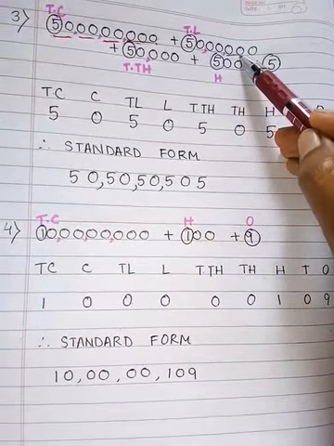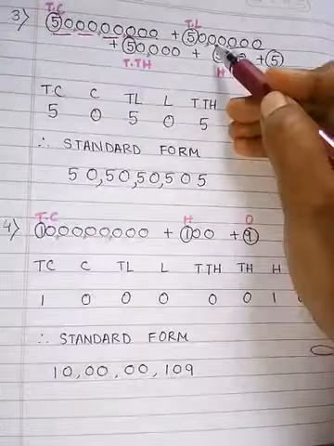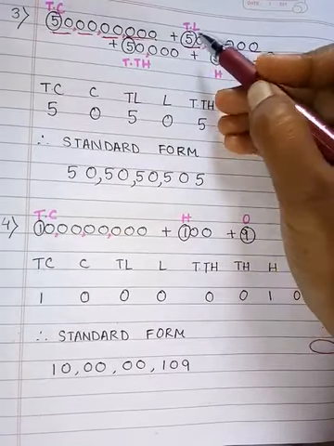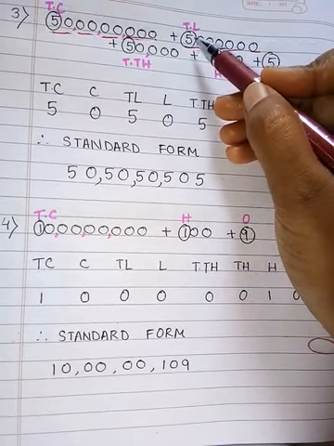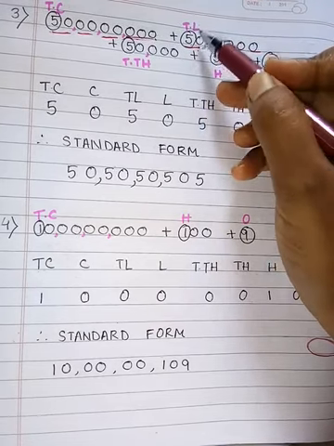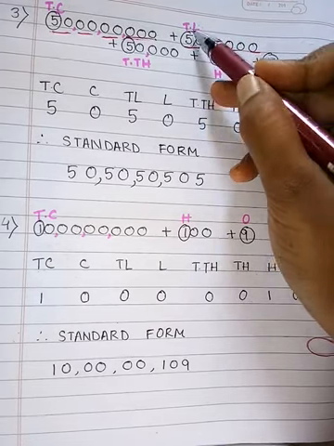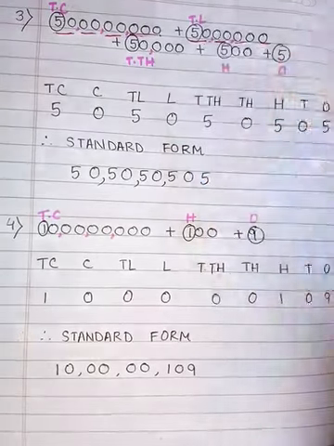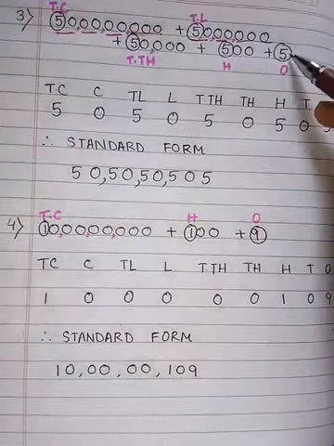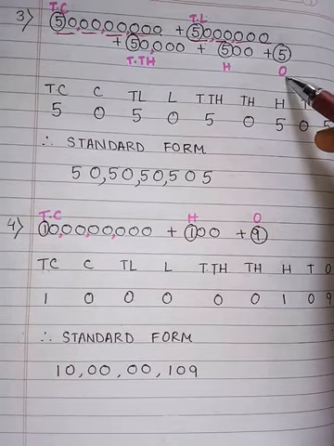Here, this is in the ones period. This is in the thousand period. This is in the lakhs period. In the lakhs period, 5 is under 10 lakhs. So write down 10 lakhs and here circle 5. Similarly here, 5 is in the 10,000 place. Here 5 is in the 100 place. Here 5 is in the ones place.